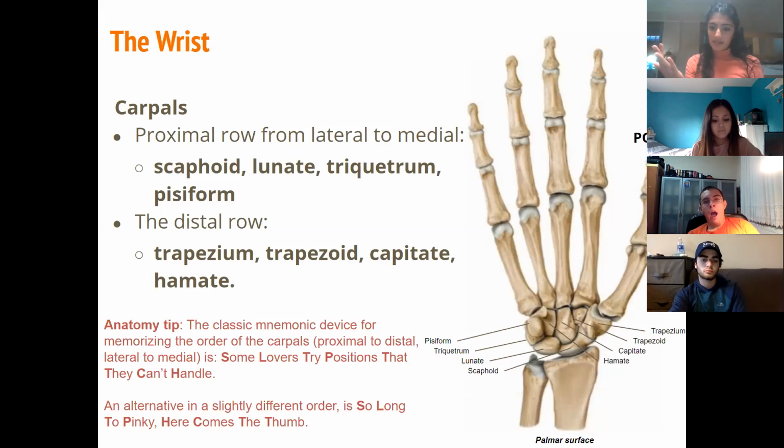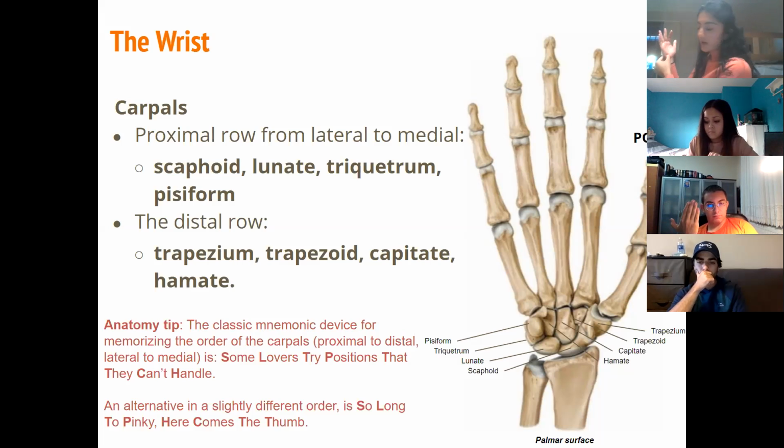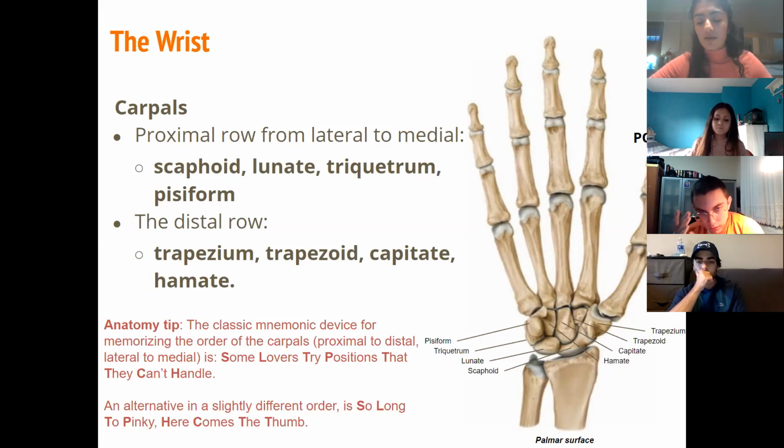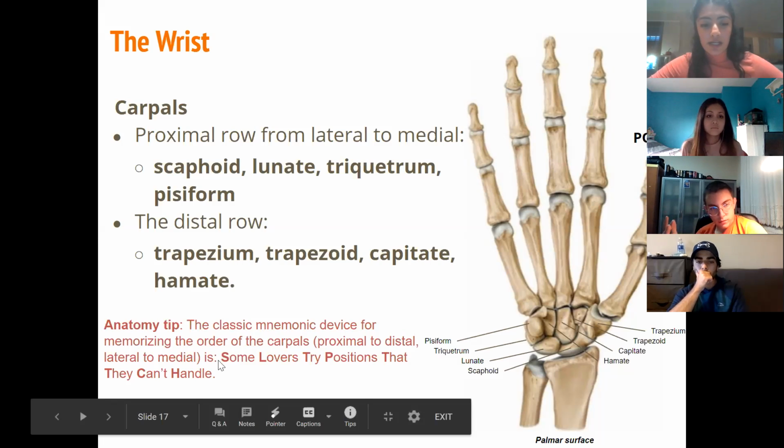So follow along. We have our scaphoid, and then we have our lunate, our triquetrum, and our pisiform. That's going to form our proximal row. And our distal row, and this mnemonic starts again on the right side, is going to be the trapezium, the trapezoid, the capitate, and the hamate. Make sure you can do that on your hand in different orientations so that you don't get confused about a picture that you find in a quiz. So you can use "Some Lovers Try Positions That They Can't Handle." You can also use,